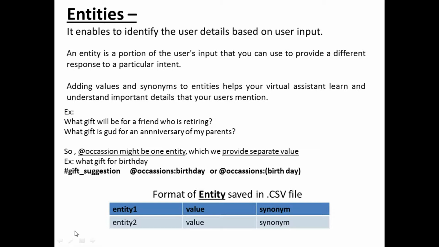So mom is the value, and you can also write synonyms like mother. Similarly, if there is one value called retirement, then you can write farewell, or see off. So it depends, meaning you have to identify what synonyms or similar words can be used for